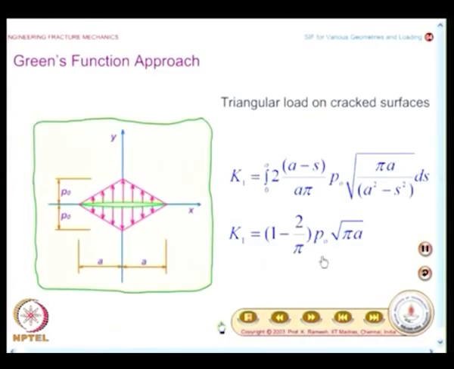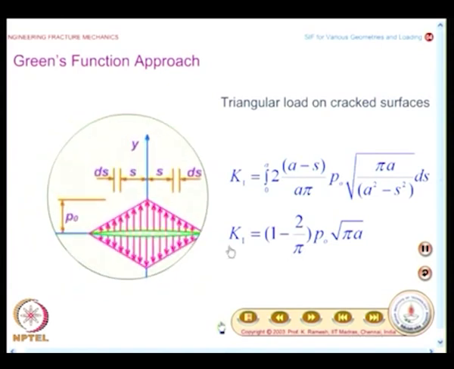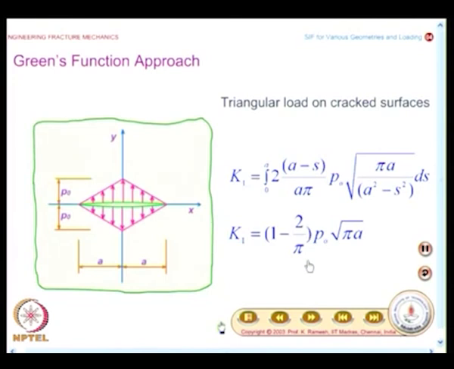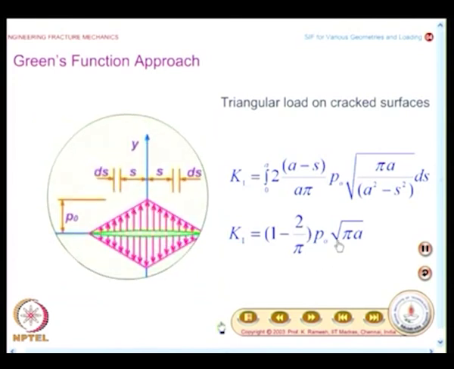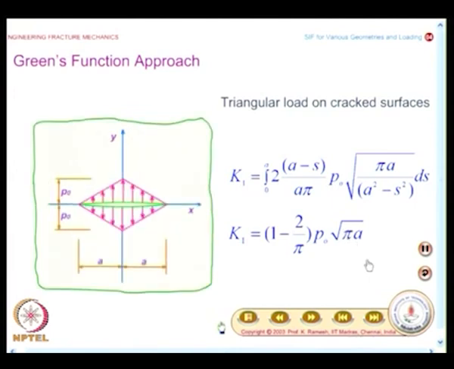So, when you have the pressure loading varying in a triangular fashion, the expression for k reduces to (1 minus 2 by pi) p naught into square root of pi a. On the other hand, when I have pressure constant, you can go and simplify, the result reduces to p naught root pi a. A very important expression,